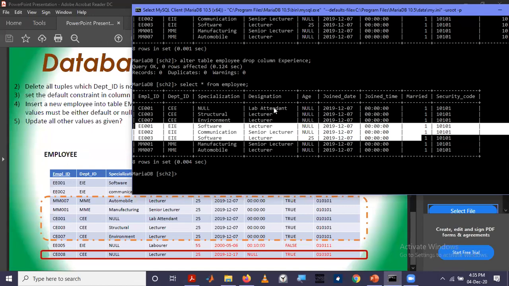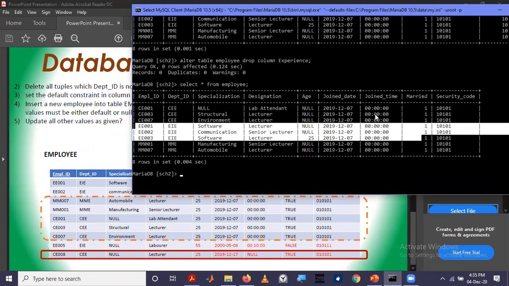All other rows. You cannot do that using alter because alter is for schema change. This is schema change. We are going to delete now the tuples. Tuples means rows. Rows contain data. So to change data, you cannot use alter.